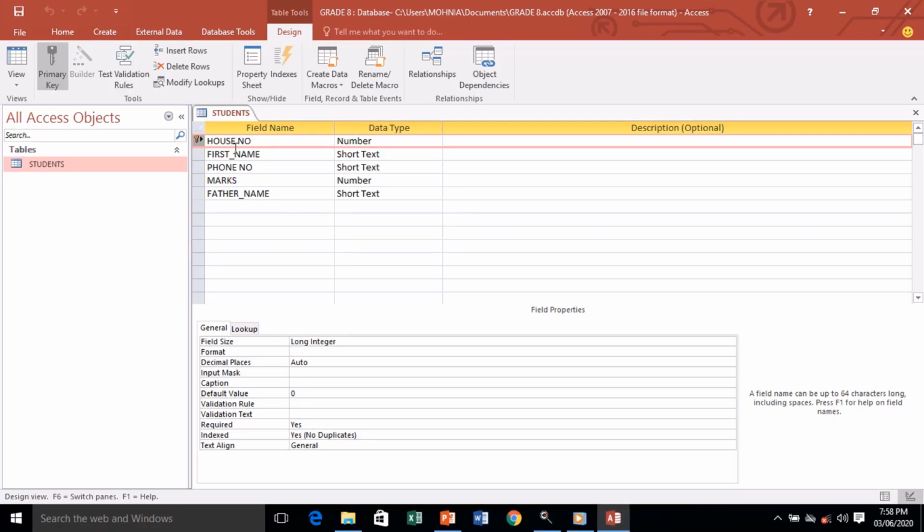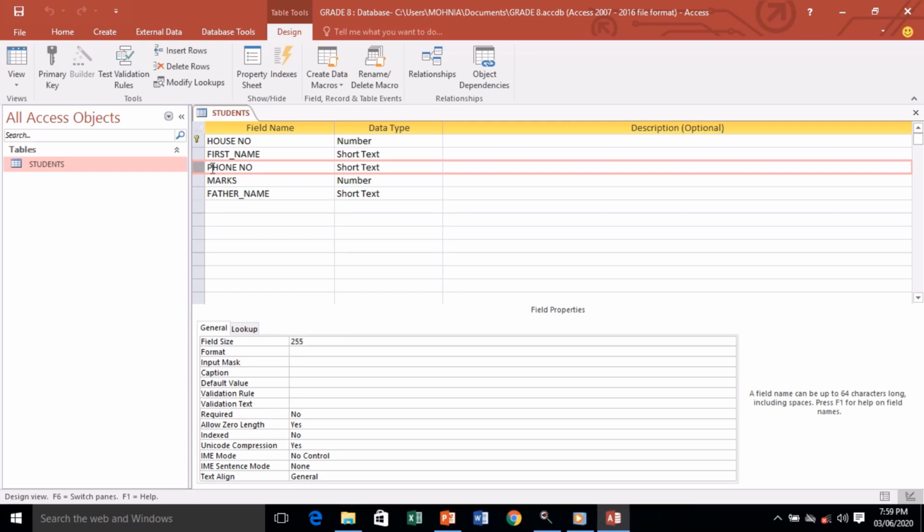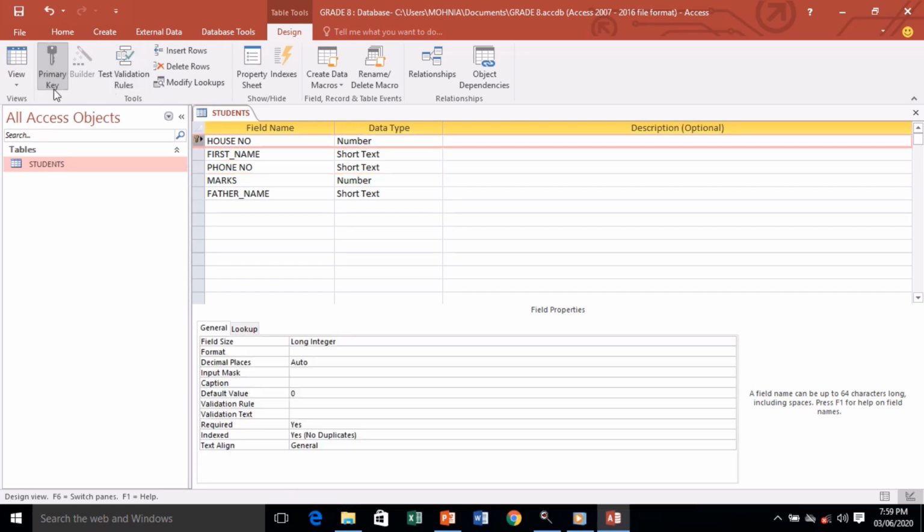So children, here you can see the field names, already house number. We have a primary key which is applied to house number. So in case you want to shift this primary key to some other field, so for example for phone number, because phone numbers are also unique, so you can just click on this field, that is phone number, and we'll go for primary key. It's a toggle button. So when you click on it, you just see the field, this field is applied with the primary key. And if again you want to shift this primary key to house number, we'll just click here and go for primary key. So let's try to enter data.